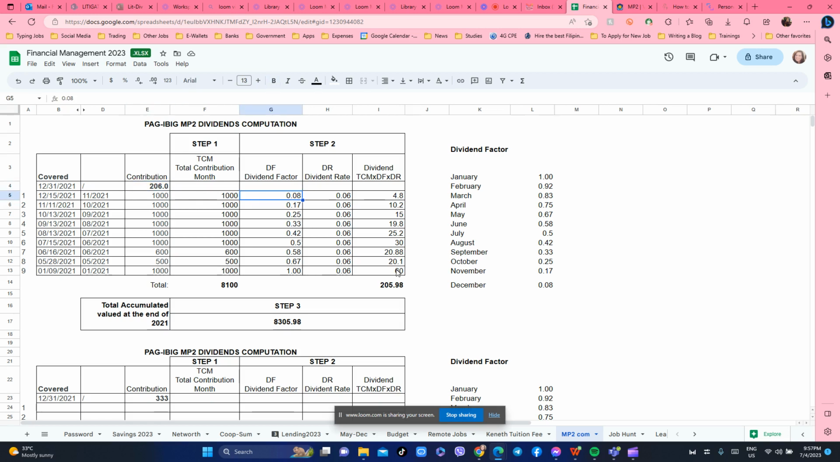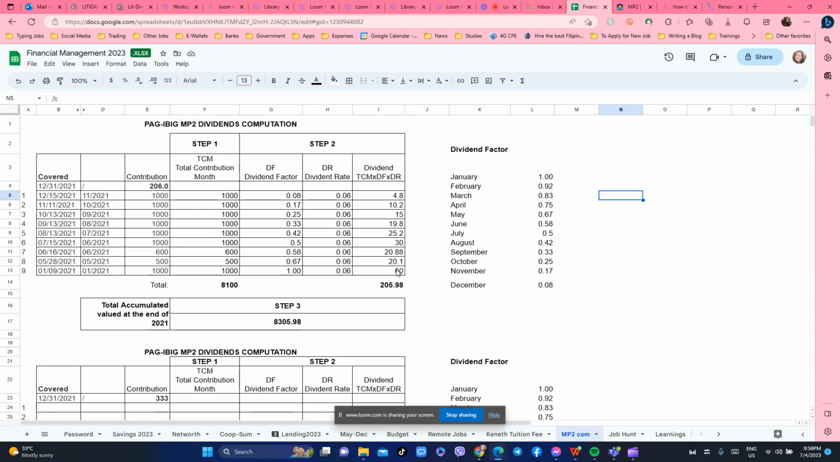For computing the Pag-ibig MP2, step one is you have to get the total contributions in your Pag-ibig MP2. And then for step two, we have to know the dividend factor each month. And then we have to know the dividend rate announced by the Pag-ibig. For the year 2021, the Pag-ibig announced that the dividend rate was